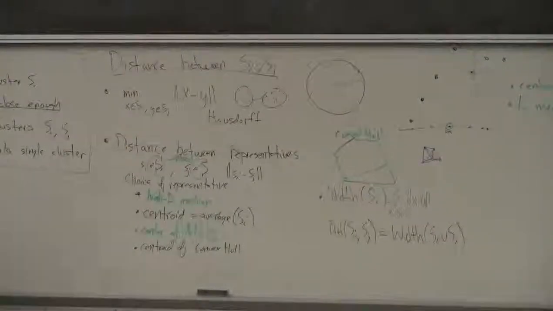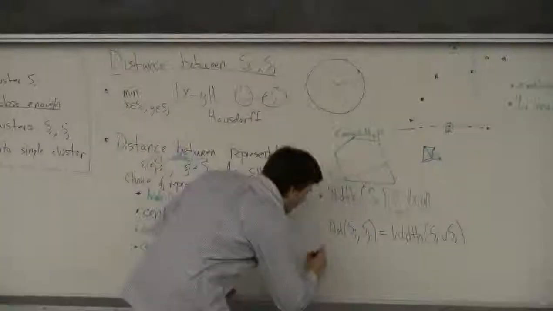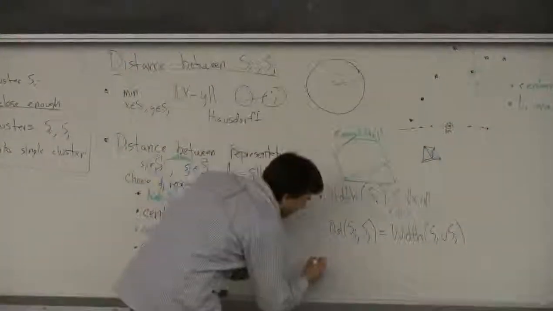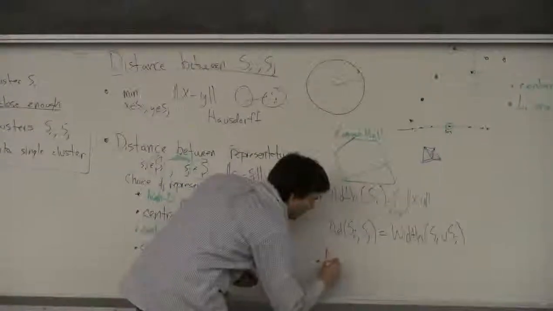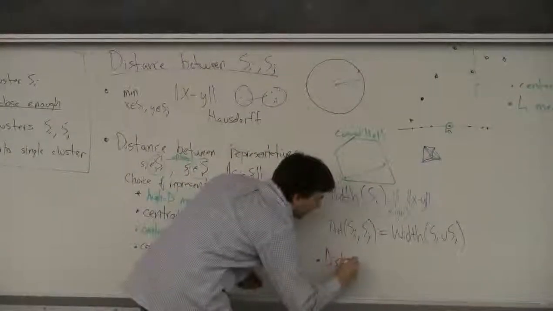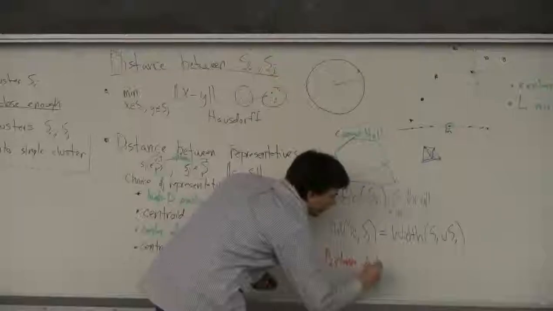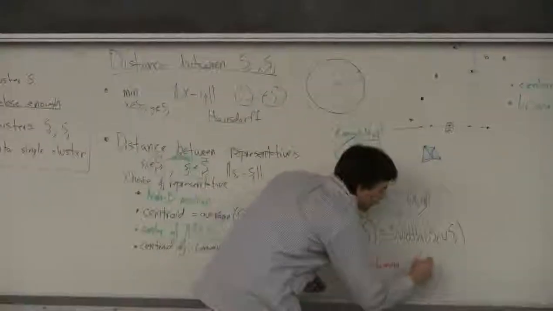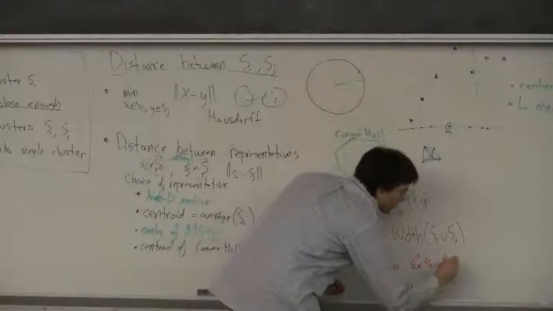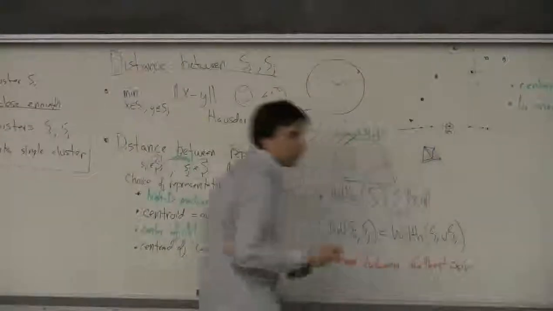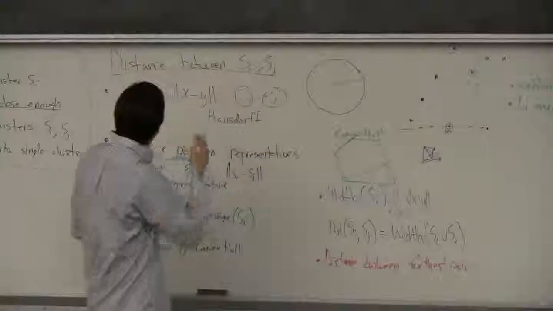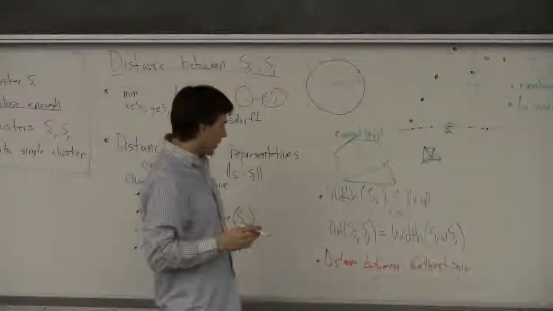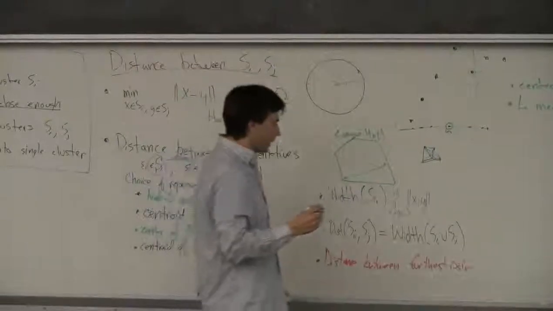Oh yes, the distance between the furthest pair of points, right? So then you need this min-max notion. So you want to choose, or actually it would just be